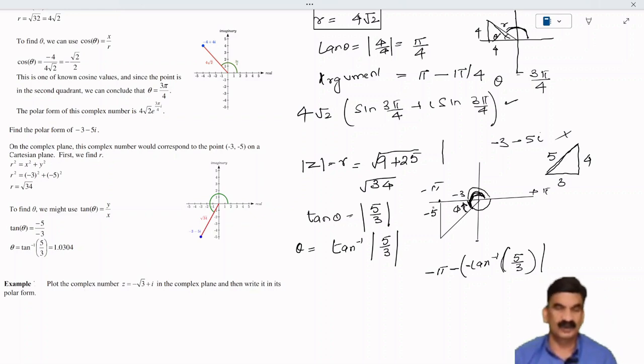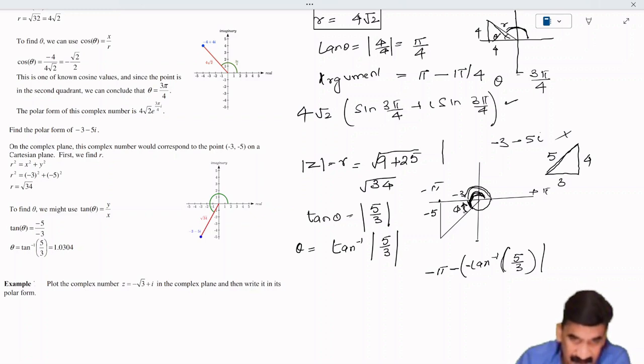This is a rule of clockwise, anti-clockwise. The convention is absolutely up to you, right? So that's why I'm not mentioning it. I'm saying if an angle measured like this is positive, then this is negative. So all I'm saying is I have to deduct this angle from minus pi. This is what I've written. So my argument will turn out to be minus pi plus tan inverse 5 by 3,